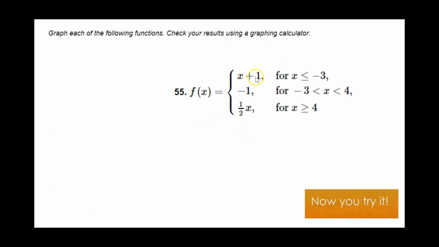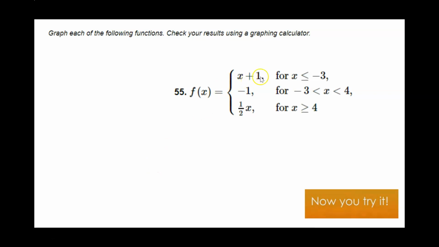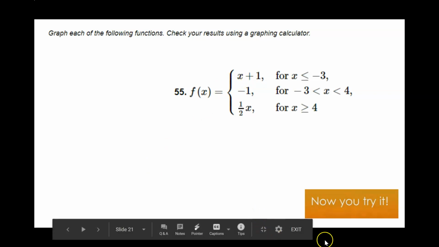This one here has 3 parts. So we need to figure out what the graph looks like for this one, what the graph looks like for this one, and this one also. And we can draw those lines. I always suggest you do it in pencil. Draw those in pencil because we're not going to take the full line of x plus 1. So if I quickly go to